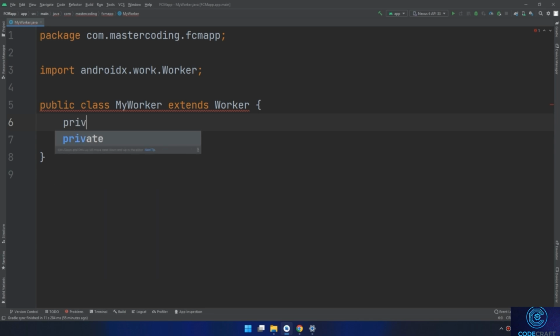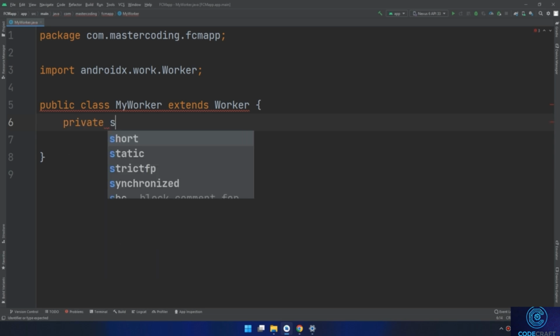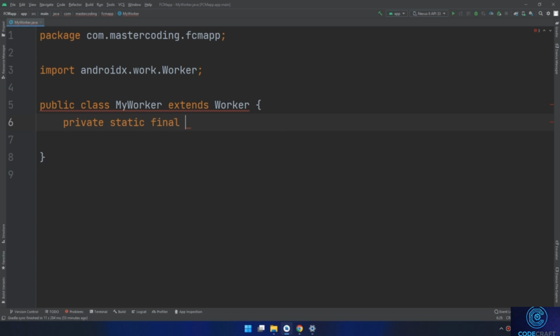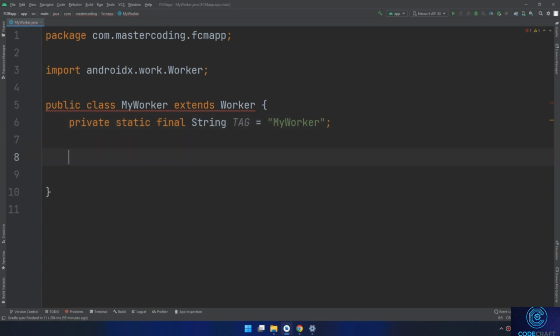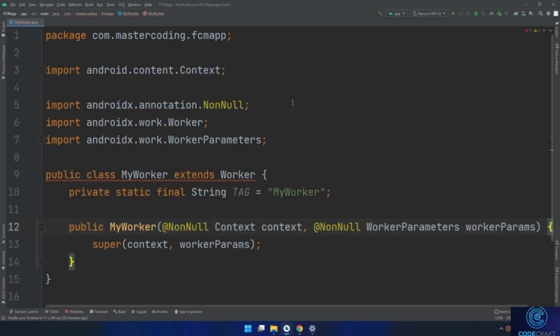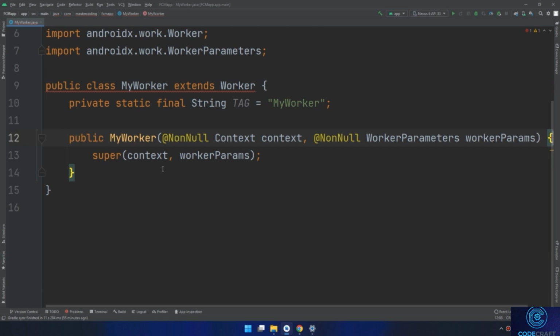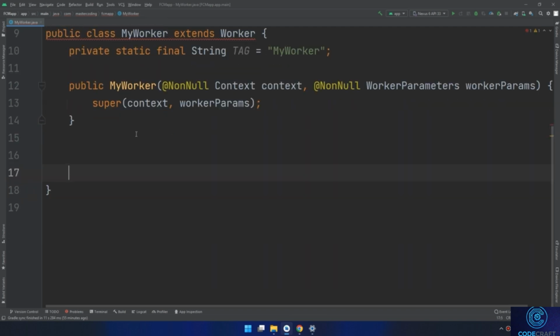I will create a tag: private static final String TAG = "MyWorker". This is the constructor, Alt plus Enter to import the constructor. This is its own constructor, and Alt plus Insert to override the method